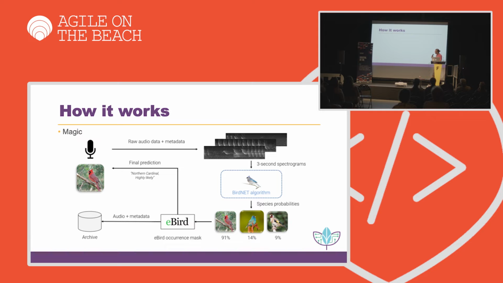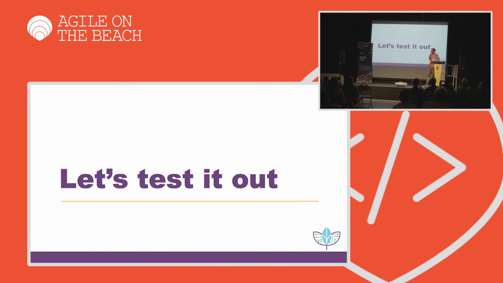Citizen science. How does it work? I mean, magic, to be honest. Any technology sufficiently advanced seems like magic. They provide some sensible-looking diagrams, if you want to have a look. Essentially, their algorithm identifies the bird, and then the occurrence mask says whether it should be in that area or not. Because if we're getting parakeets in rural West Cornwall, there's something gone wrong. But for now, that's all you need to know. It records something, it creates a spectrogram, you can put data back into the system. But for now, I think we need to test it out.